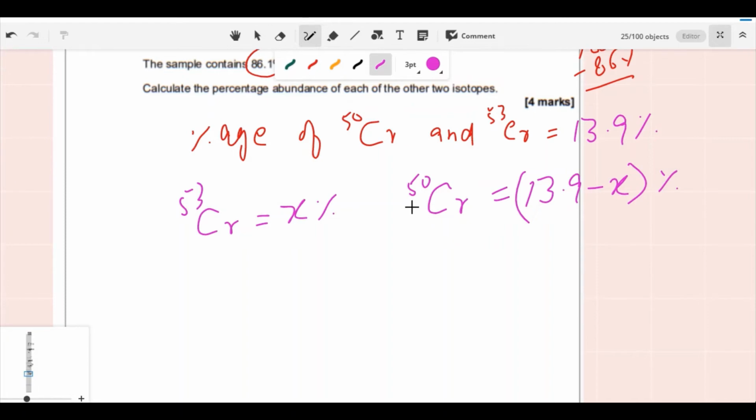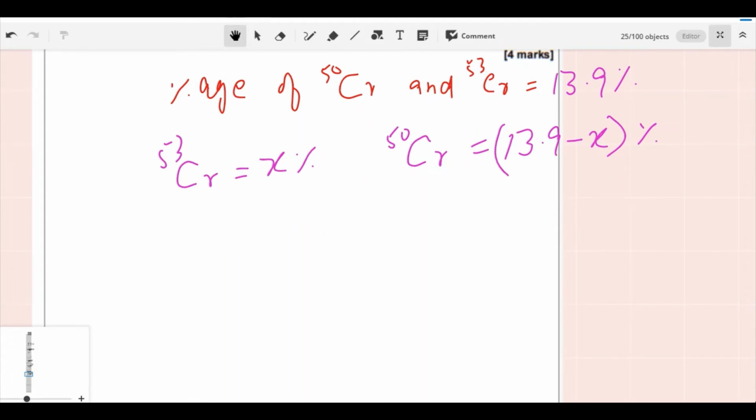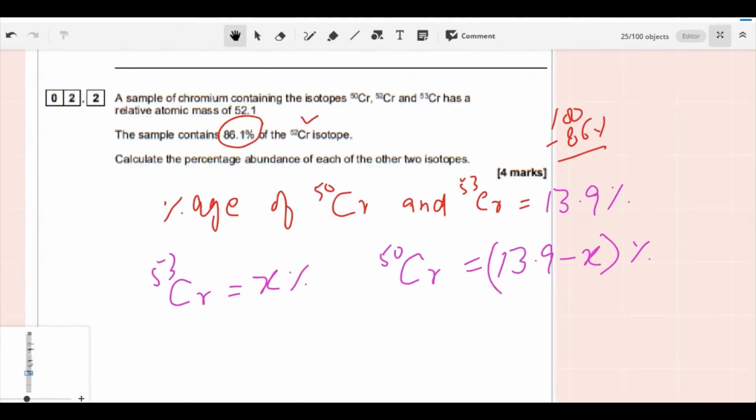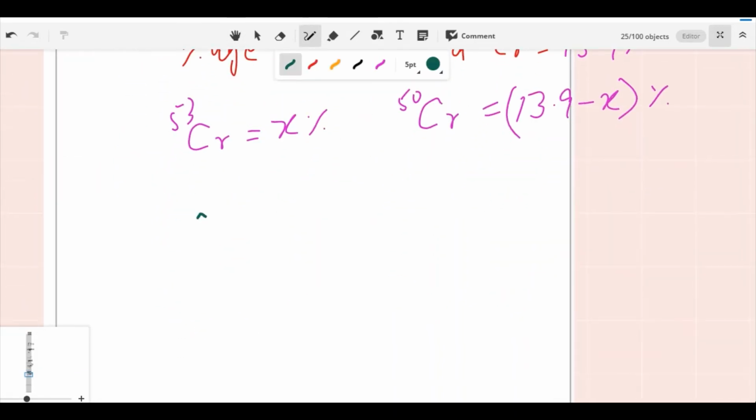Okay, because here we need to find each of the percentages. So one is x and the other one is 13.9 minus x. Now, first of all, the relative atomic mass is equal to 52.1. So 52.1 is equal to,